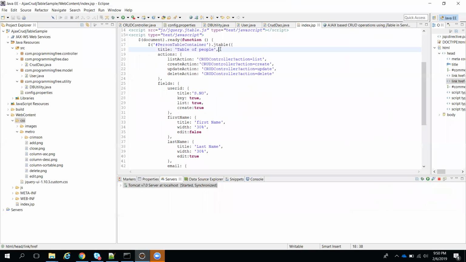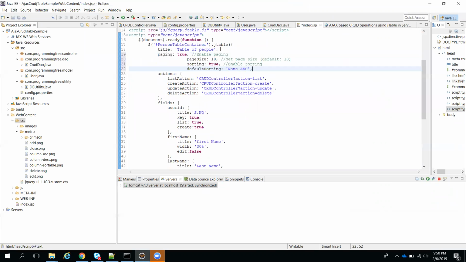Okay, so I'm going to modify here. I will add these properties. Paging true means pagination is enabled, and for per page, you can change the number 10 to anything. Sorting equal to true, and default sorting equal to a column I want to sort by. At present we have a column called first name. We'll pass this name, first name, or else we can give the header name. I think whichever header you want, we need to give that header name.